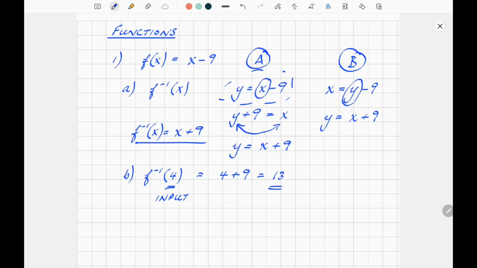So you just replace it with x? Yeah, you're just replacing the x with a 4. The input basically is whatever you are acting on. Any questions on that one? No? All right. So the next one,